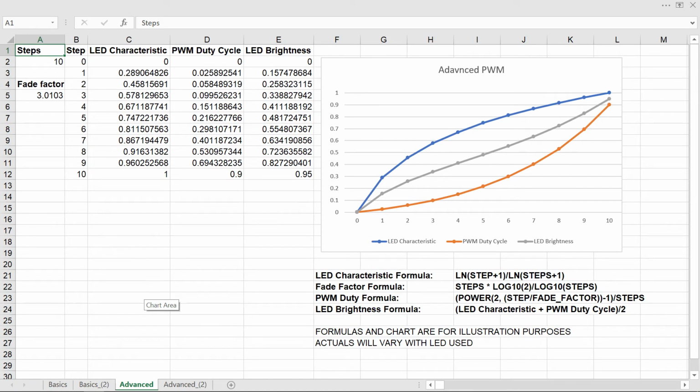This formula uses logarithmic calculations to provide very favorable brightness adjustment, and it works well for up to 100 steps. You can see in this chart that the brightness line is almost straight, which is very good. Again, this is just a model, and in reality, the result may not be as good or will be different, and it will vary between different LEDs. Let's see how this formula works with 10 steps for my LEDs.